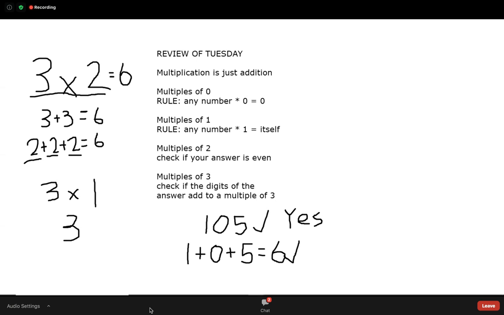Okay. Annabelle says that she still does not get it. So let's go ahead and do another practice one, and hopefully